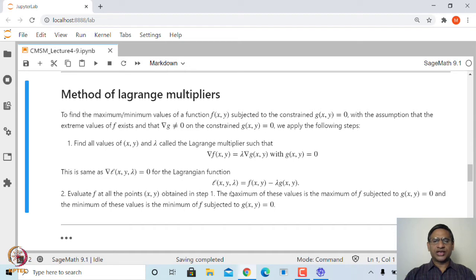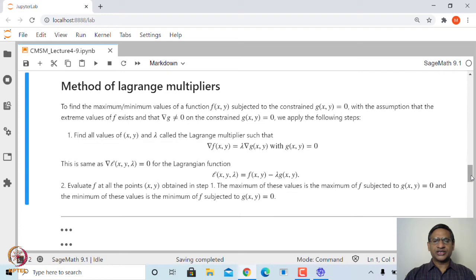And of course, there are second order necessary and sufficient conditions to check, once you get a point (x, y) which is a prospective candidate, whether that is maximum or minimum. There are necessary and sufficient conditions for checking those critical points, but we will not be going into this. In case you are interested, you can look at some book on optimization techniques, and that will give you the entire theory of Lagrange multipliers.